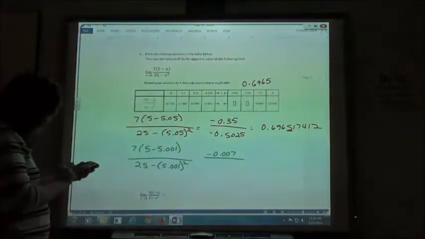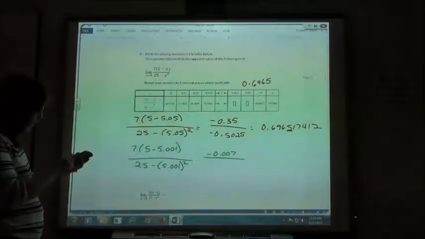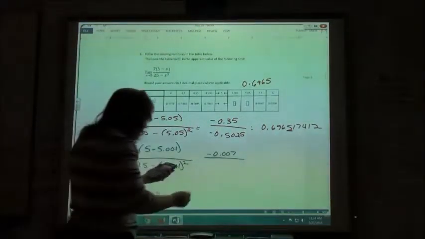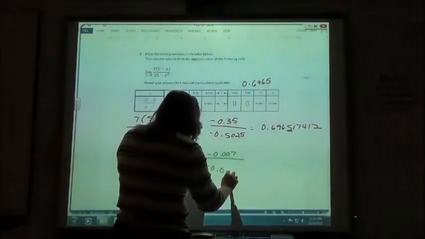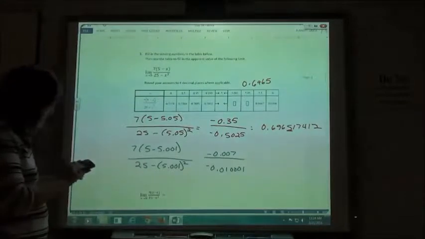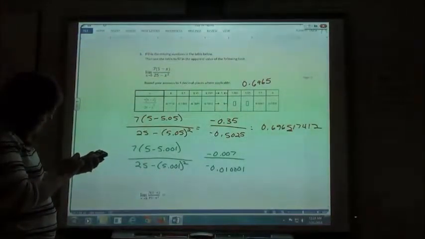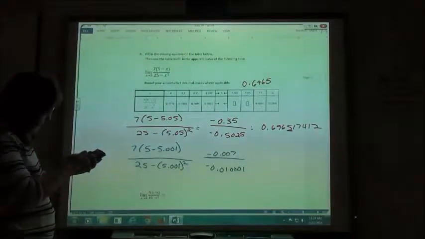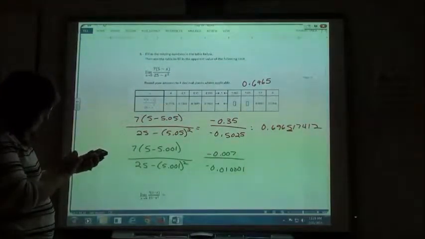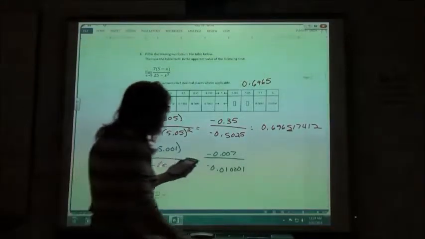On the bottom, 25 minus parentheses 5.001, close my parentheses, square that. If I hit equals, I get negative 0.010001. So negative 0.007 divided by negative 0.10001 gives me